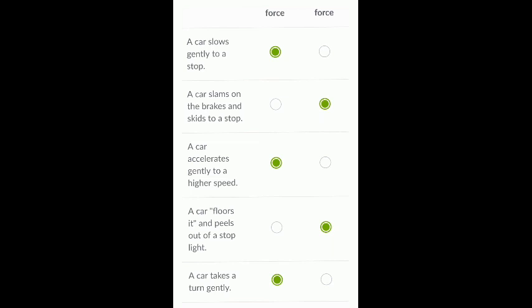The force of static friction between the tire and the ground is what allows the car to speed up, slow down, and turn safely and gently. To speed up, the tire starts spinning faster and grips the road using the force of static friction, which makes it move forward. Similarly, if the tire starts spinning too quickly, that is, flooring it, or stops spinning too quickly, that is, slamming on the brake, there will be skidding. Such a thing happens because kinetic friction acts there.